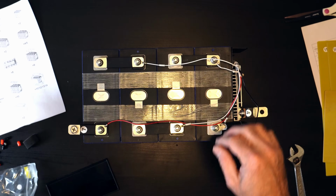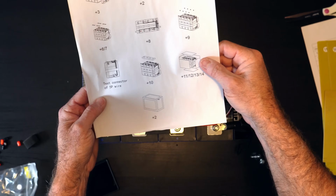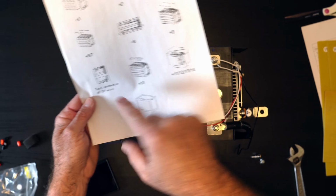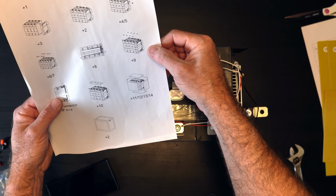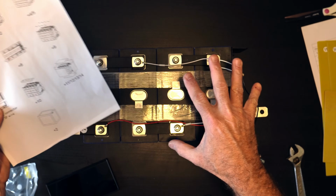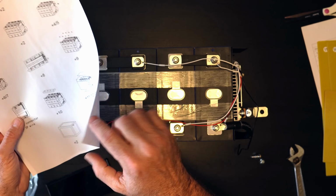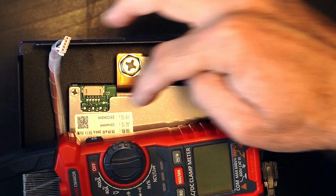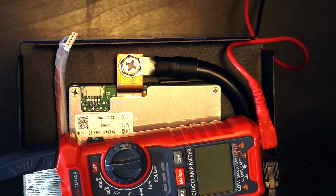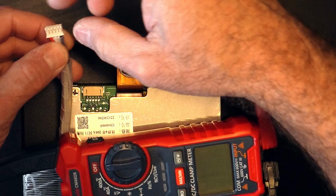But I think the next step, if we look at this, is to test the 5P wire connector. That's basically to make sure that we've got this assembled correctly. And so we're going to try to do that. Then once we verify that it's assembled correctly, we're going to put this little foam piece on. Right. So the idea is that they want us to check here on this little lead to make